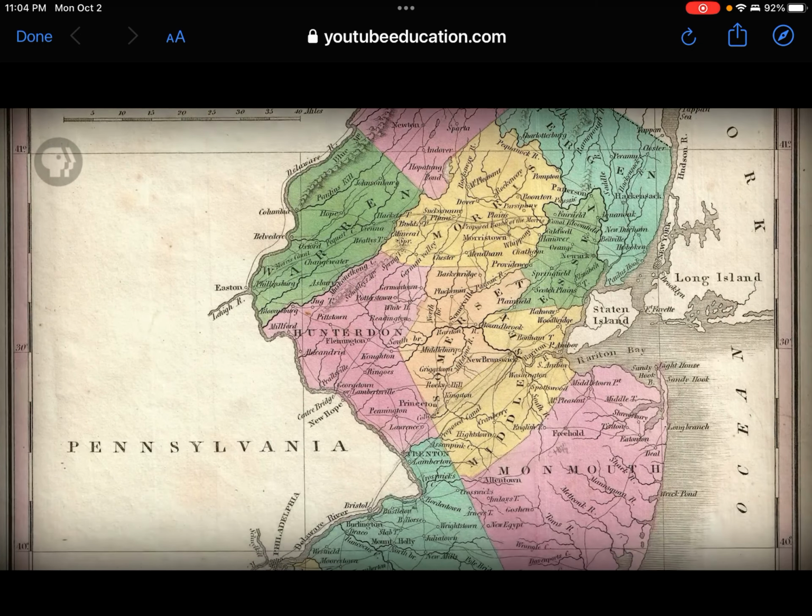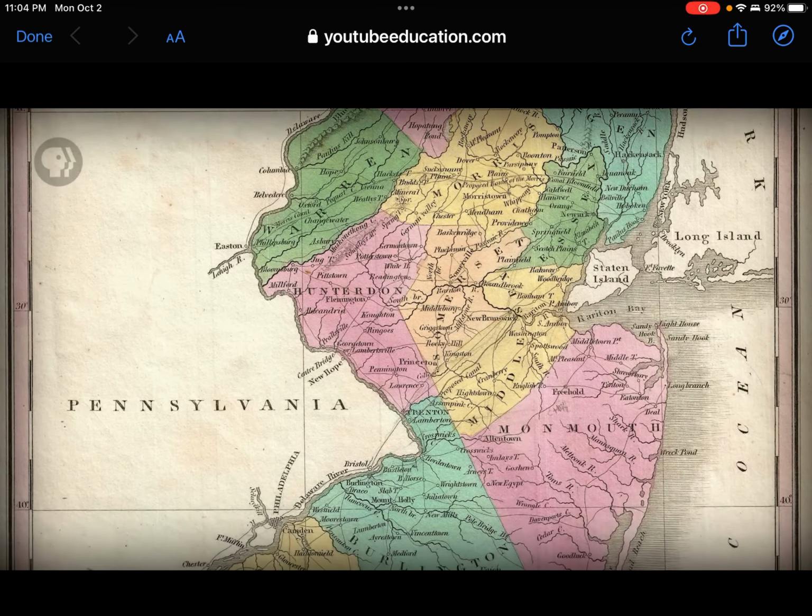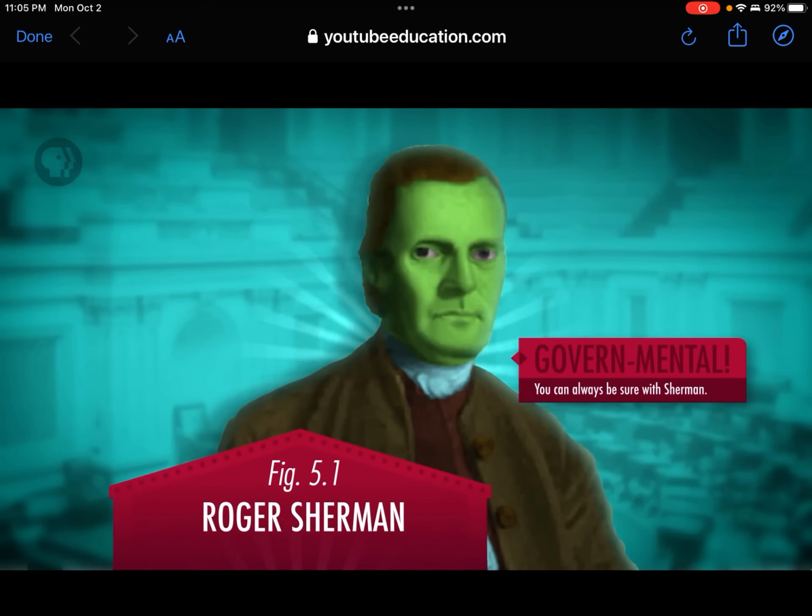In other words, something that looked a lot like the Articles government. This New Jersey plan would prevent smaller states from being dominated by the larger states, and also ensure that the large states wouldn't be able to vote themselves a bigger share of government spending. These two opposing interests threatened to scuttle the whole new government thing until Roger Sherman from Connecticut proposed the Great